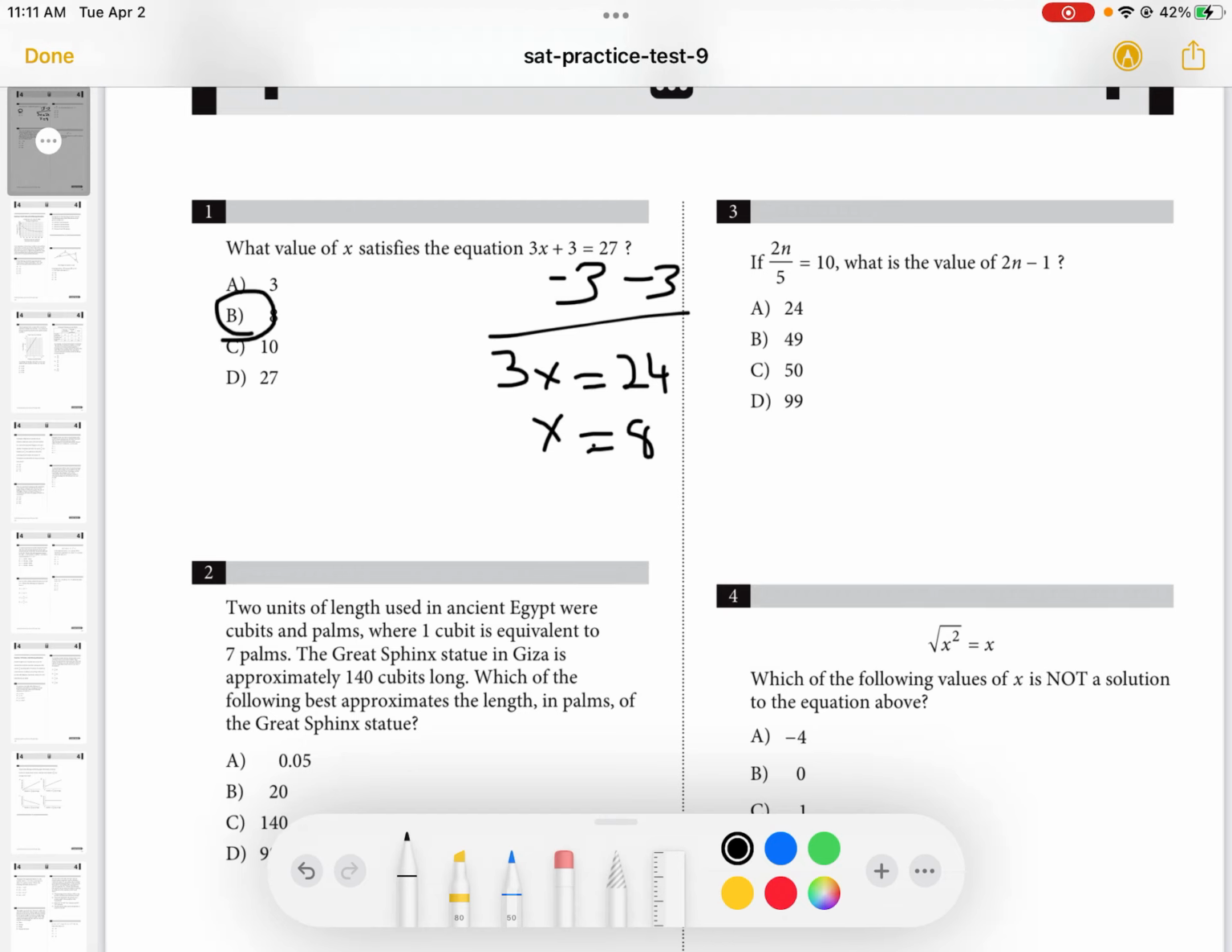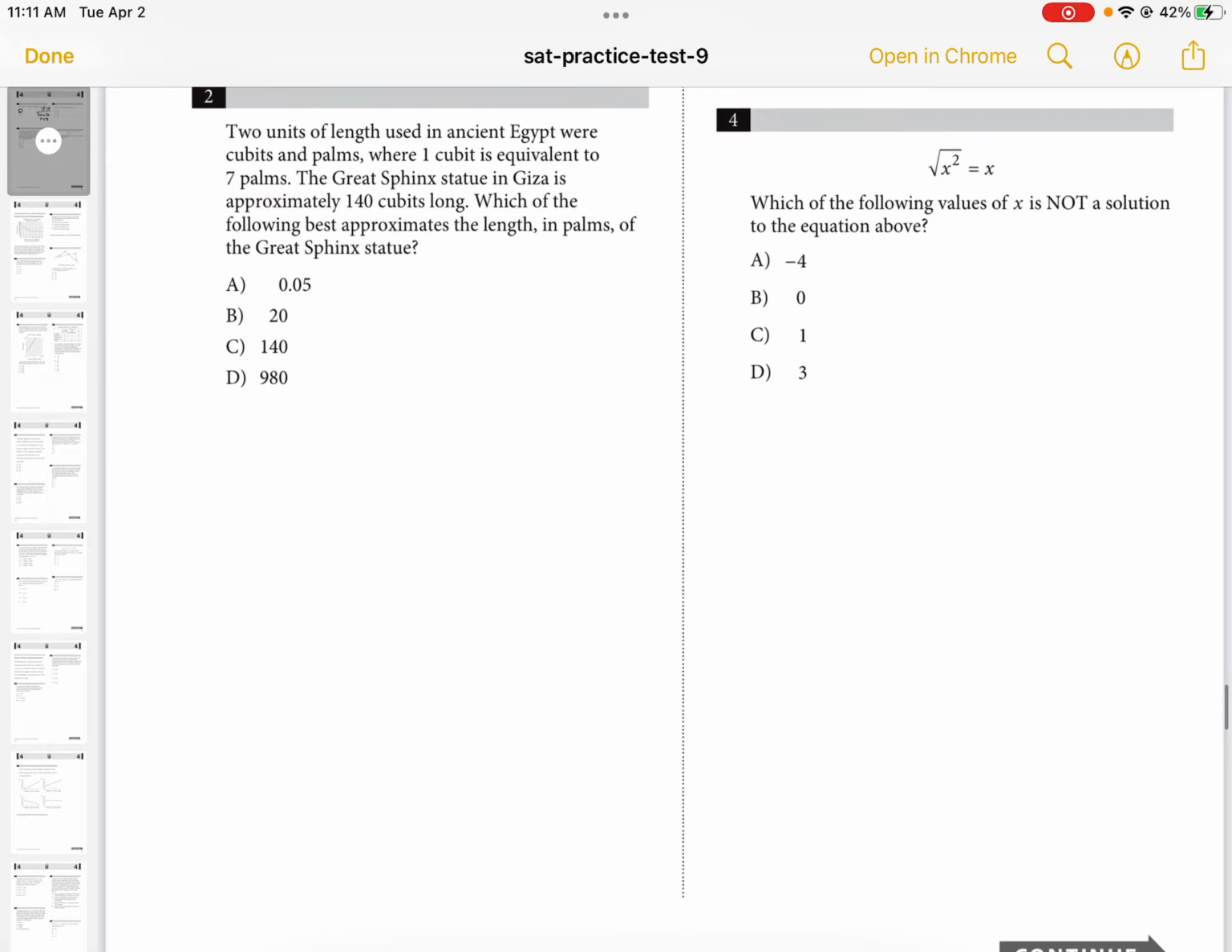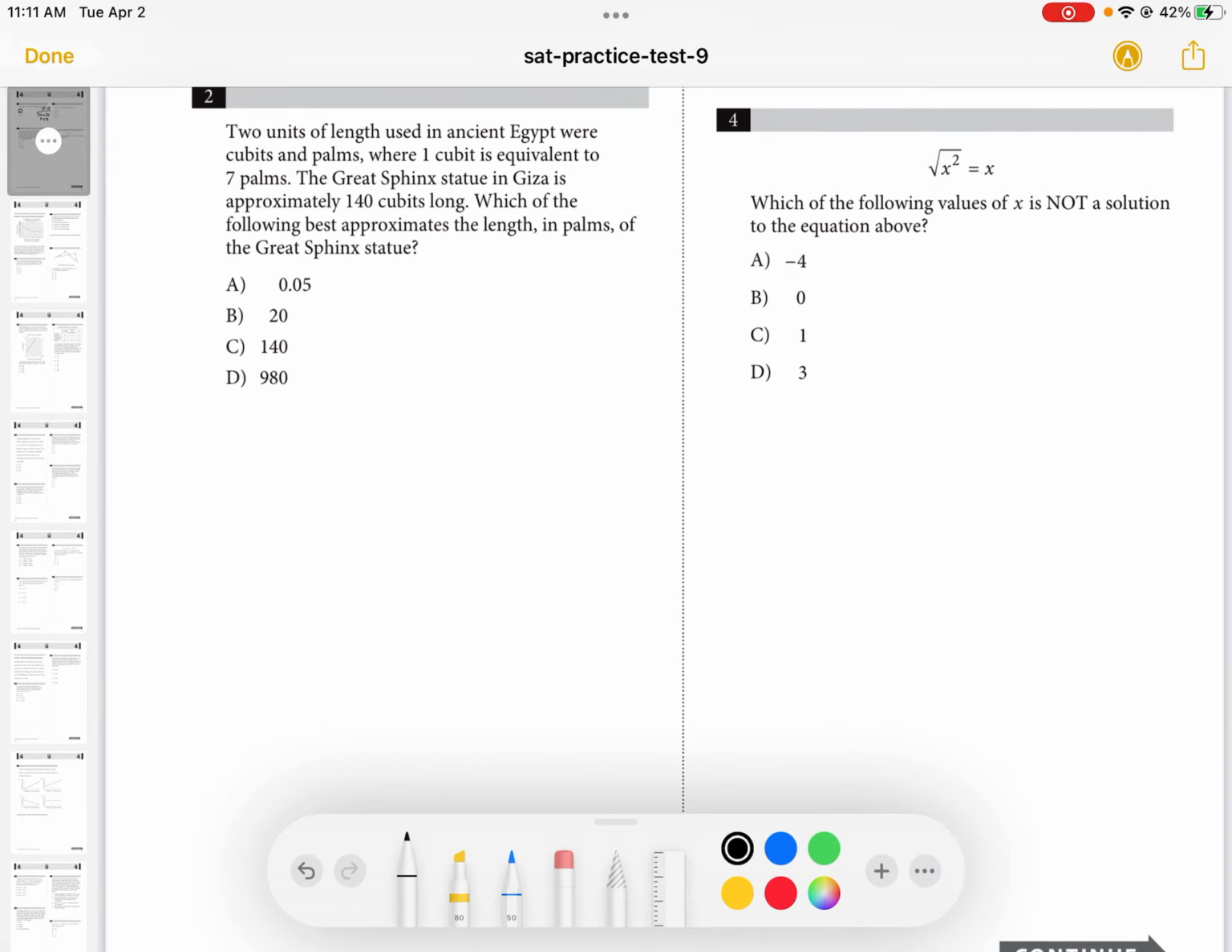Number 2, two units of length were used in ancient Egypt, and they were cubits and palms, where 1 cubit is equivalent to 7 palms. So that's our conversion factor that we need to be using later. The Great Sphinx statue in Giza is approximately 140 cubits long. Which of the following best approximates the length in palms of the Great Sphinx statue? Okay,